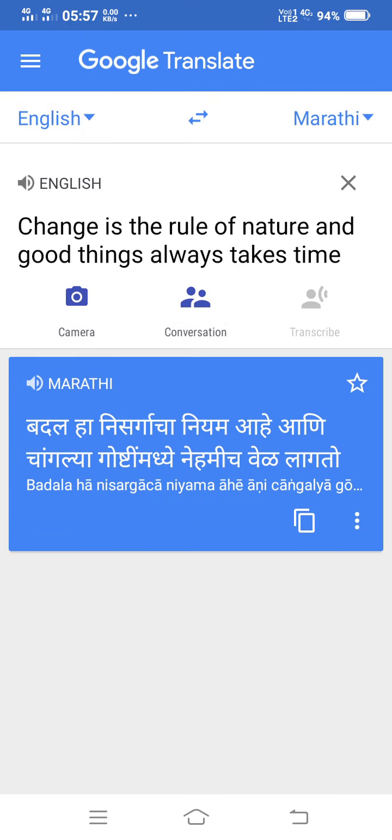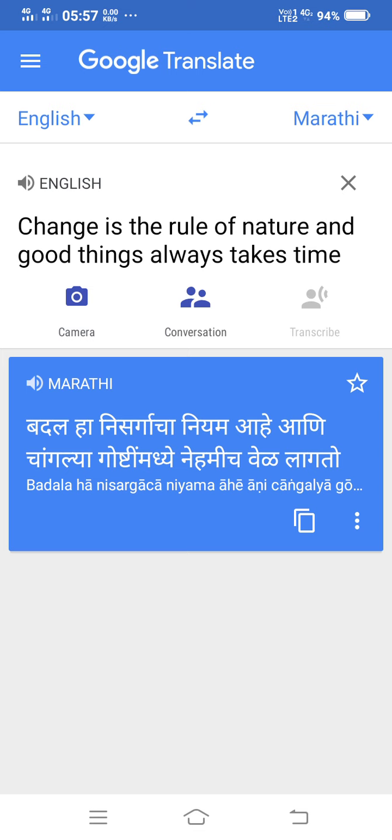So this app is very useful in our academic as well as research purposes. Also for traveling purposes, if we go out of our state and we face any language problems, like if we are going by road and some boards are there which are in another language, then we can use this app for easy translation. There is no need to take help from any other people.